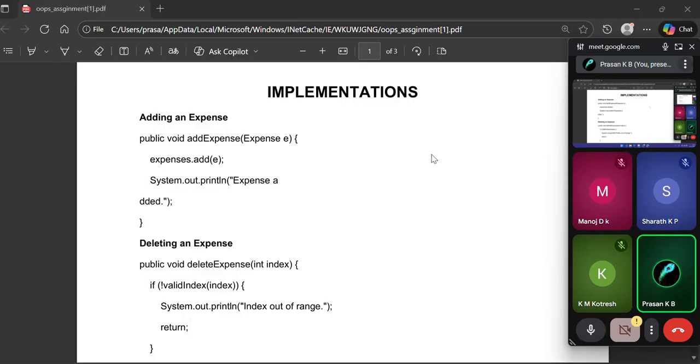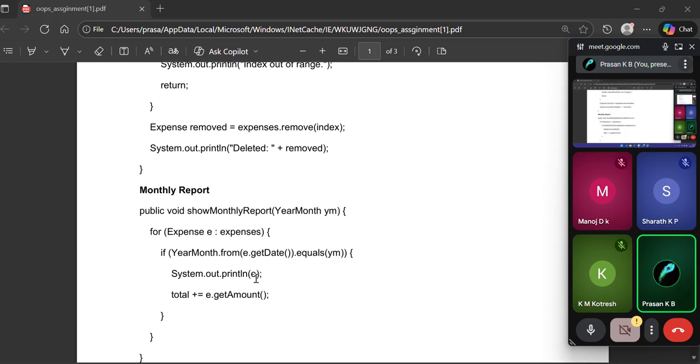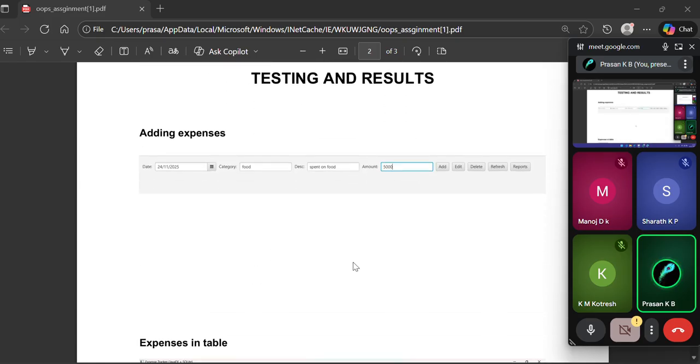Once again, Prasan here, and now I will show you the implementation and the output of the code. Here it is adding an expense, deleting an expense and monthly reports, and also these are the screenshots of adding expenses,